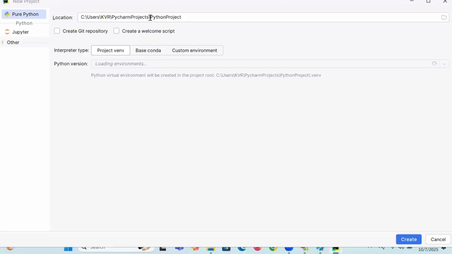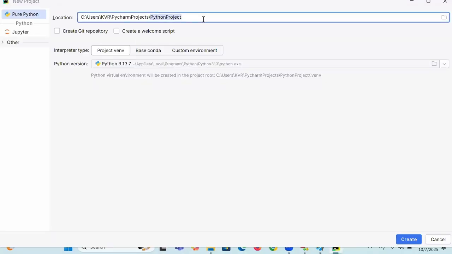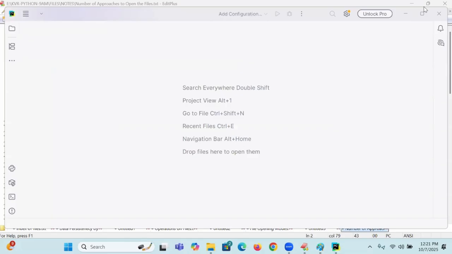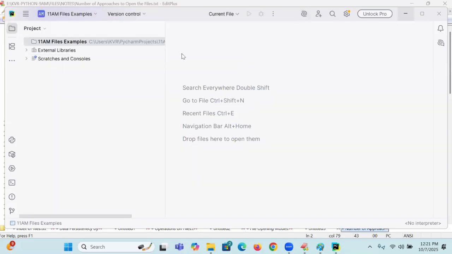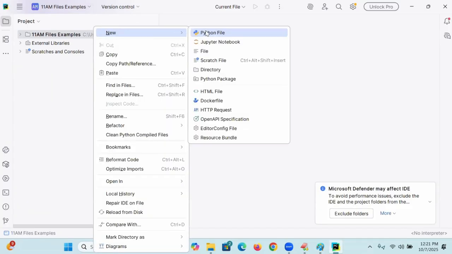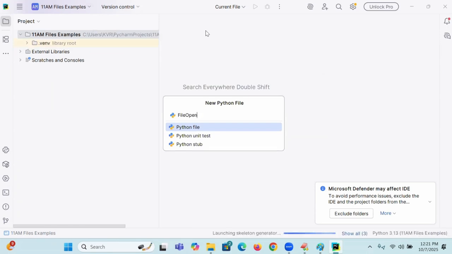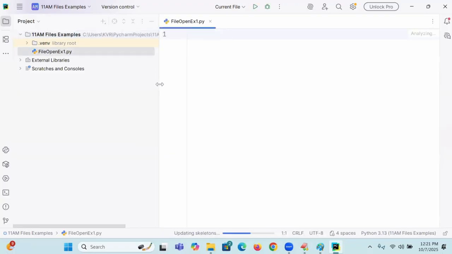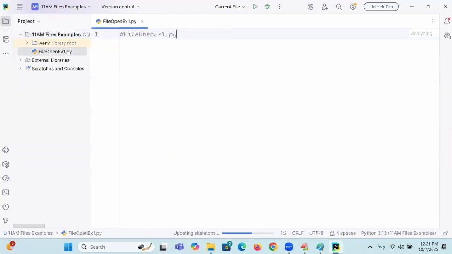New project. So I'm going to take up 11 a.m. files, 11 a.m. files examples I'm taking. So getting created. So now I will take up the first example. I'm taking fileopen_example1.py. So here I'm going to write it. So this file I'm going to write it. So what is this now? This program